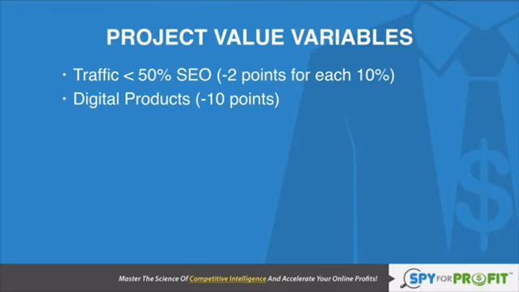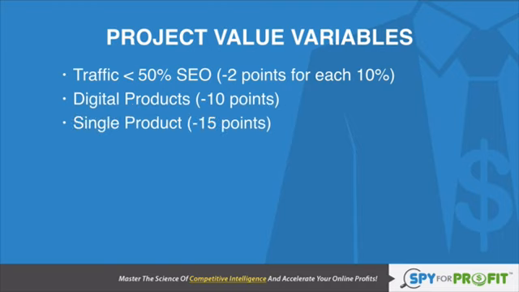Moving on. So digital products is a positive. Again, you want negative numbers here for the project value because that's multiplied in the formula. It brings the number down and we're looking for a lower value. So if we find an opportunity where it's a digital product, that's a positive because we can probably create it faster or something similar, as well as it'll be more inexpensive and less money than if we had to deal